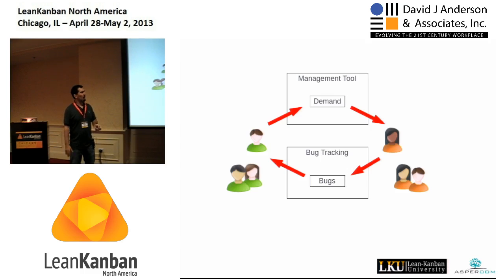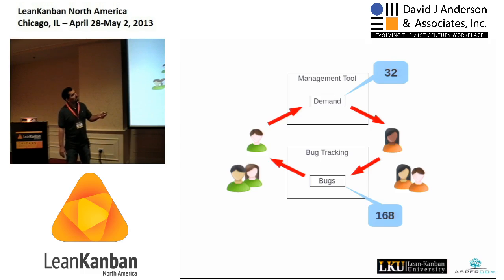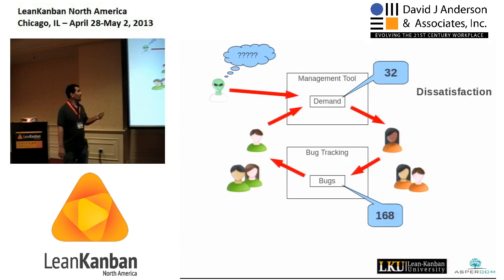And what happened here is that when I started the consulting work with this company, they had 32 demands on the management tool, okay? And 168 bugs on the bug tracking tool. That's the way that they were doing their work. That's the way that the system was configured, all right? Well, the problem is that the customer here